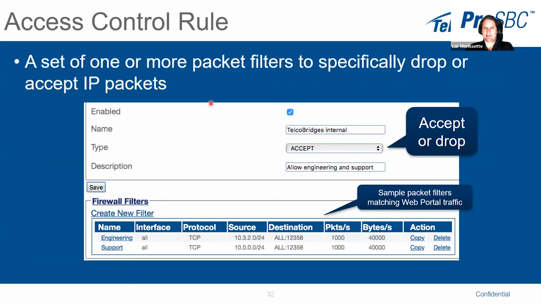This is an example of a manual rule. So you can just go and create a special rule. This is just an example. You say, I want to accept traffic from these IPs going to this IP. So you see 12358 is the web portal